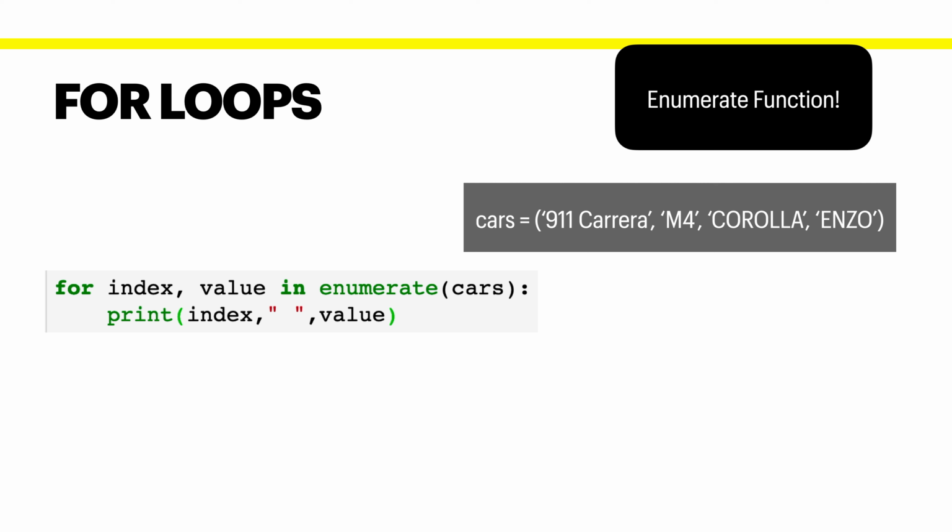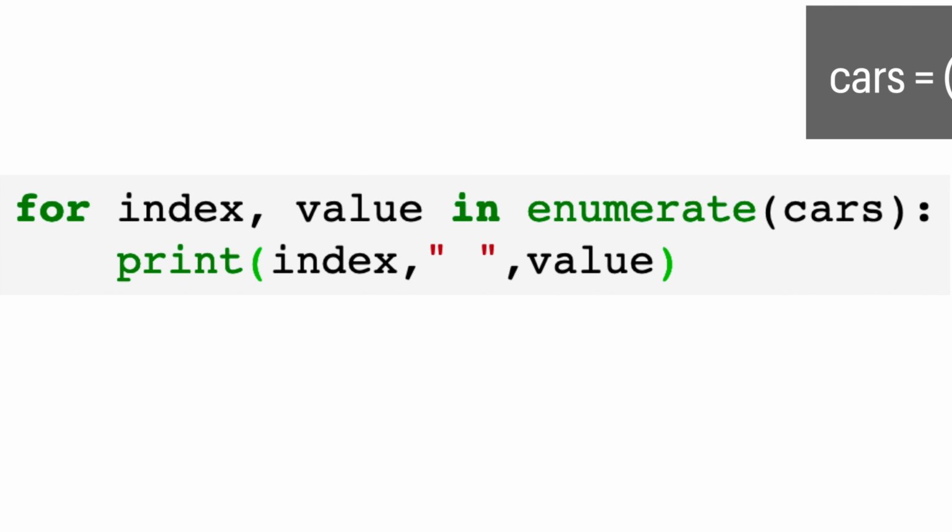Here is the simple code snippet that will help you to understand how you can use this enumerate function. In this snippet, you can see that we have the enumerate function. This function takes an iterable as an input and returns two values. One of them is the index and the other is the value itself. Then you have two variables. One is the index variable, which holds the index value of each element in the list. The second variable stores the actual value of the element at each index in the list.